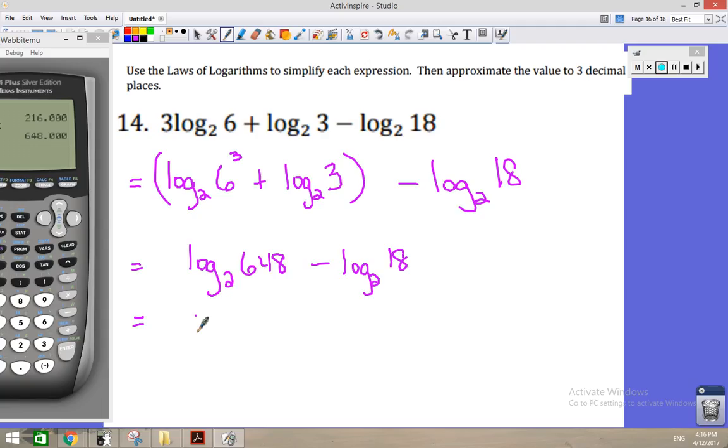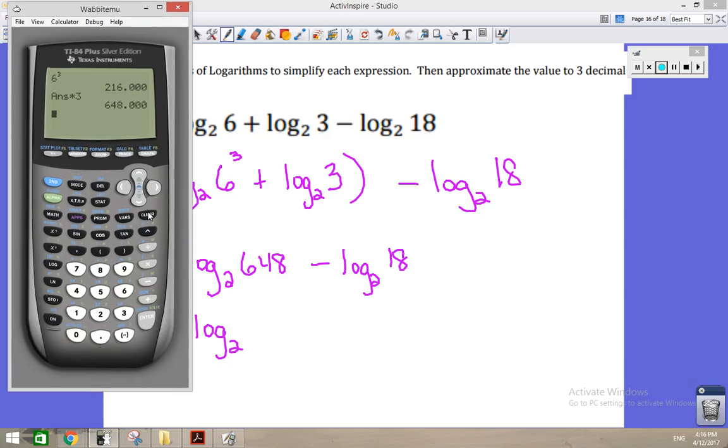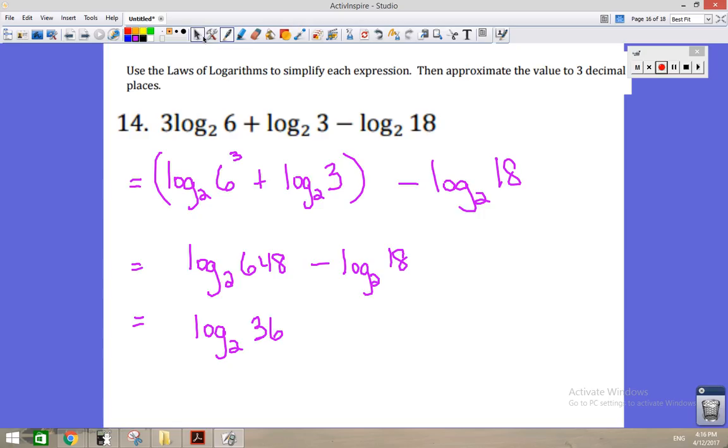I can write this as a single logarithm, where I have 648 divided by 18. Now, let's see if that 648 is divisible by 18. It might be. So 648 divided by 18 is 36, and